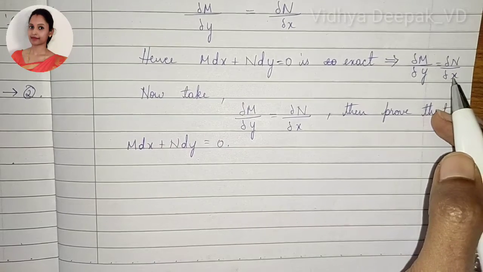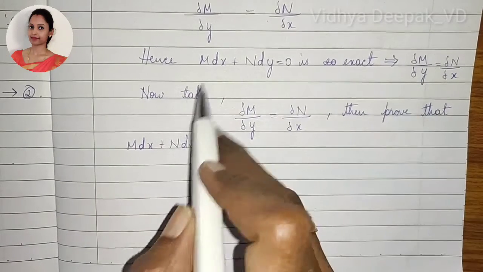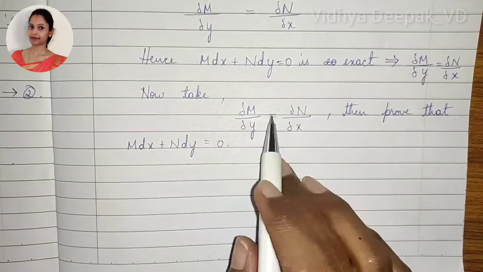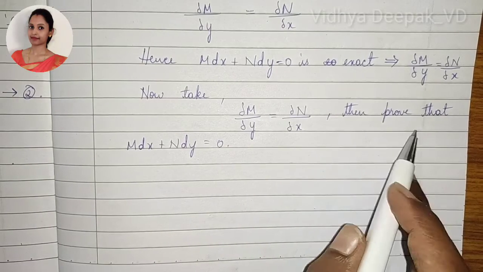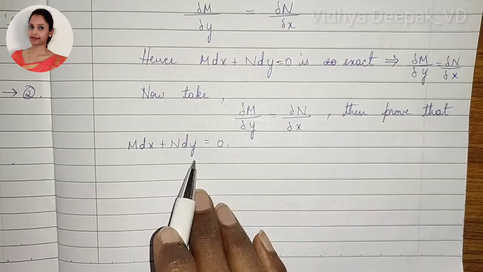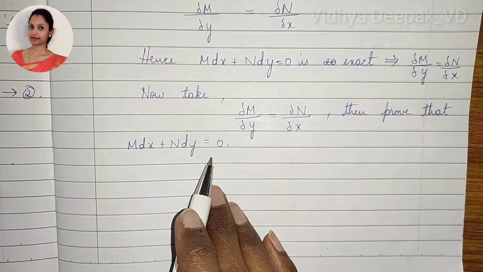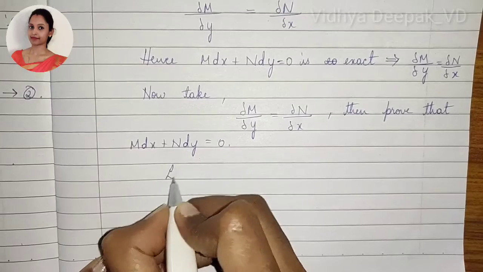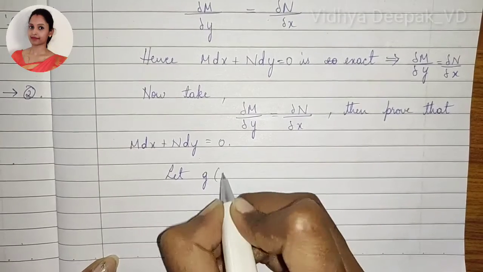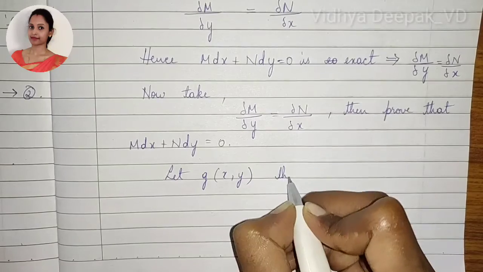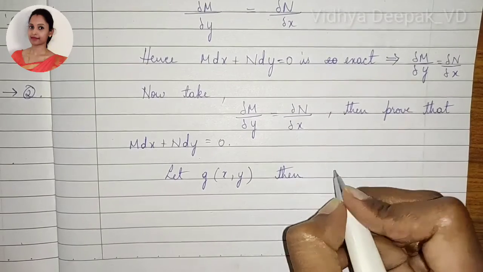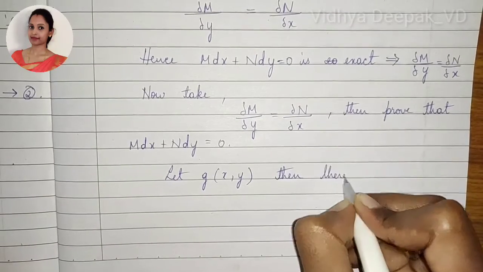Now the sufficient condition, that means we have to take this and prove this, right? So now take dou m by dou y is equal to dou n by dou x, then prove that m dx plus n dy is equal to 0 is exact. In order to do this, we will take a function. Let g of x comma y be a function, then there exists